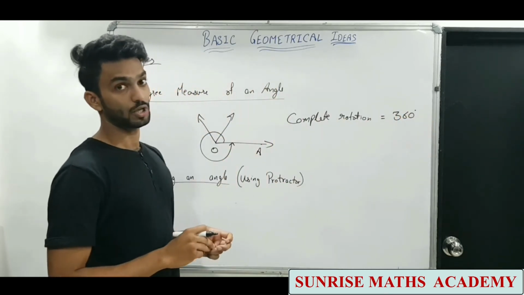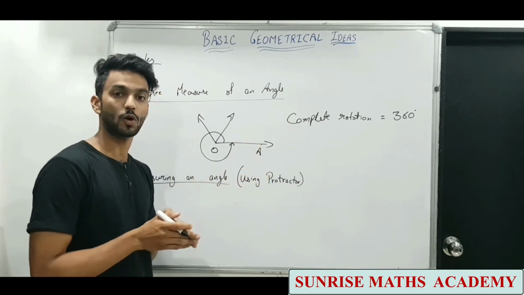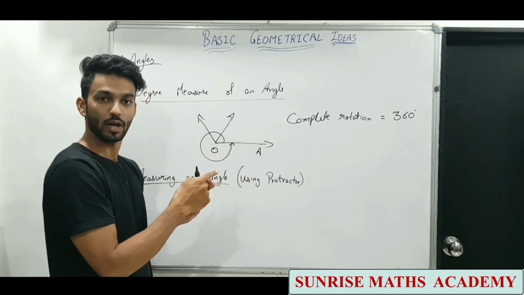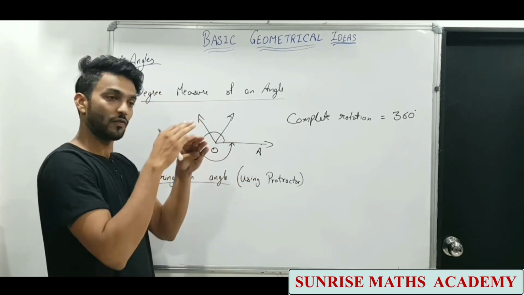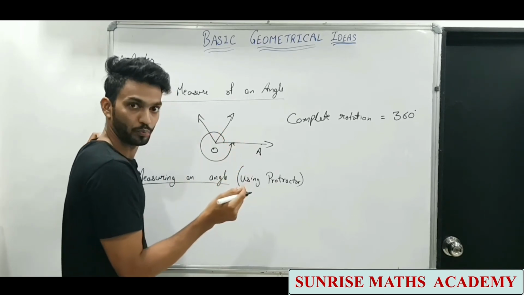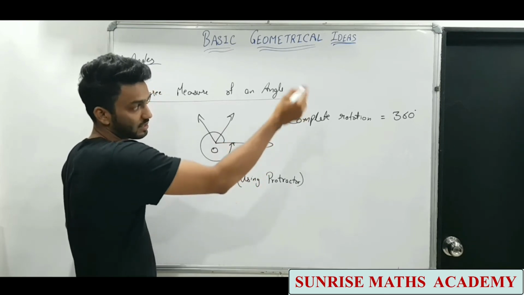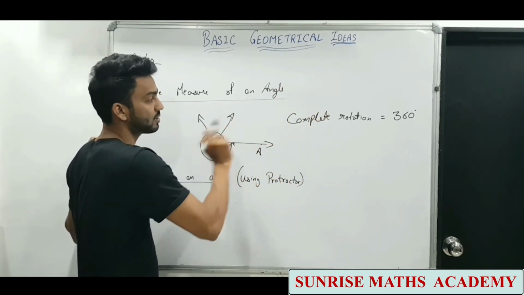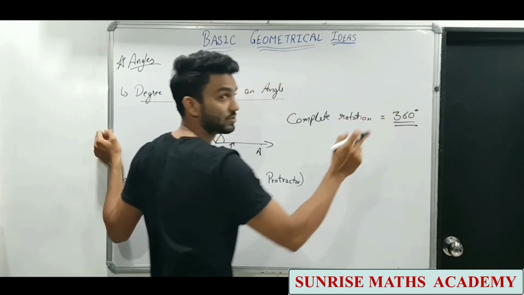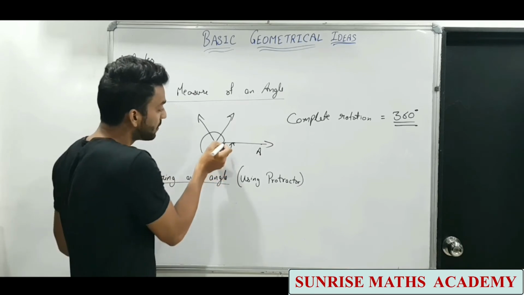Complete rotation. It was divided into 360 equal parts. This 360 degree is what? Equal parts, because this is one complete rotation. So that is the final. That is, we started from here, and we are back here, so that is 0. Right? We started from 0, and reached 0. So that rotation is divided in 360 equal parts, which is called 360 degrees. So any angle will be measured in degrees.